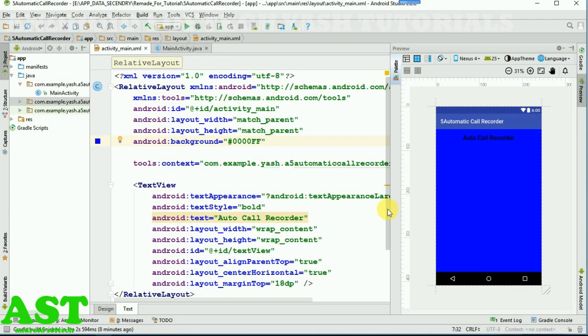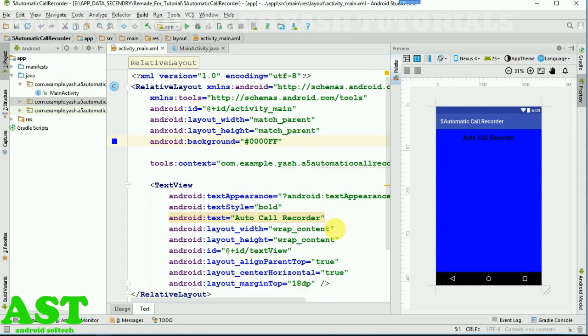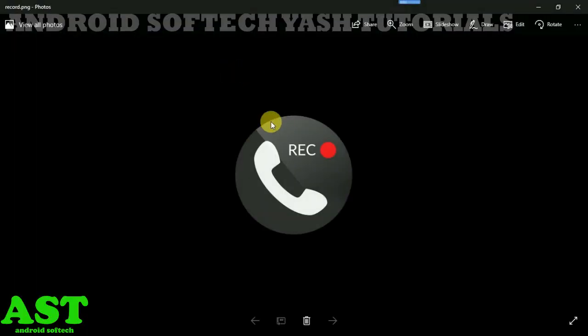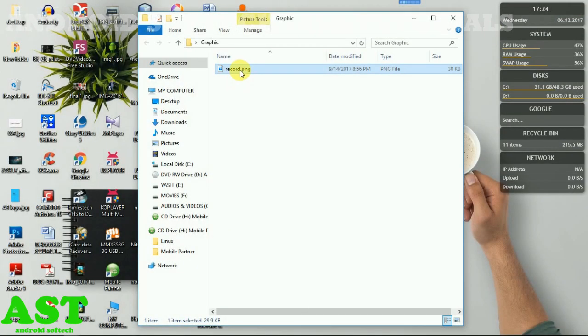So let me use this image. Guys, for giving a more attractive and good look to this call recorder app, I will use an image. I didn't design any kind of graphic for this call recorder. I have just downloaded the image from Google. So now I am going to copy this image. So let me open this image, and this is the image we are going to put in our call recorder app. So copy this